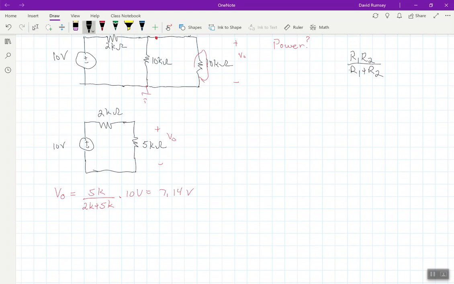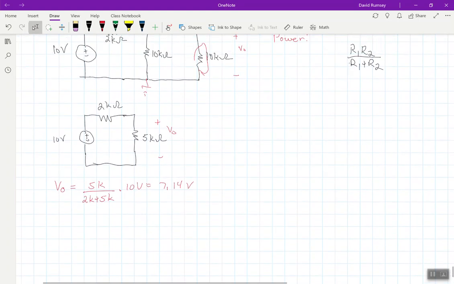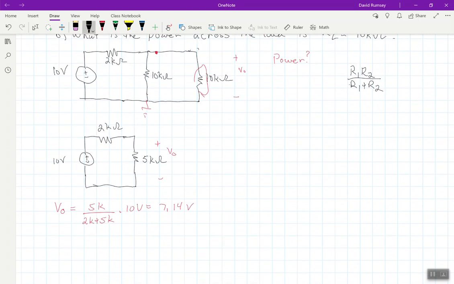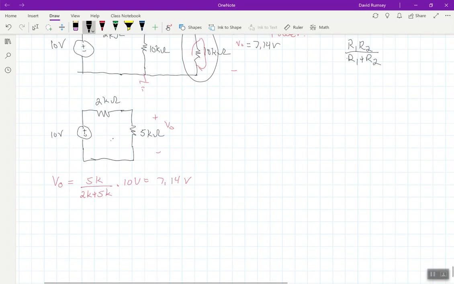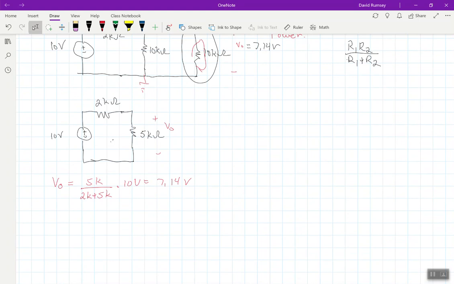Now, if we're doing the power here, remember, we're not going to use 5 kilo ohms because we're looking back at the original circuit here. This is my load right here. Now, we know that V out is equal to 7.14 volts. That's what we just did with our analysis. But we're looking at the power dissipated by that 10K, in other words, what's getting to the load. And so the power to the load is 7.14 squared over 10 kiloohms. And if I do that computation,